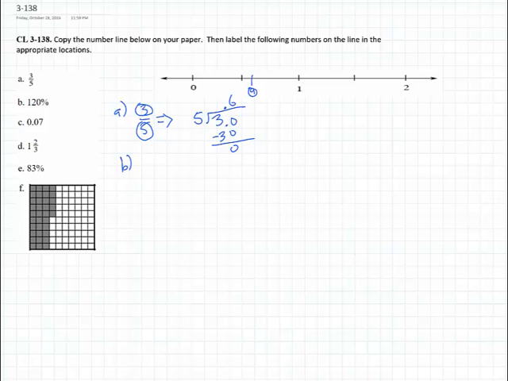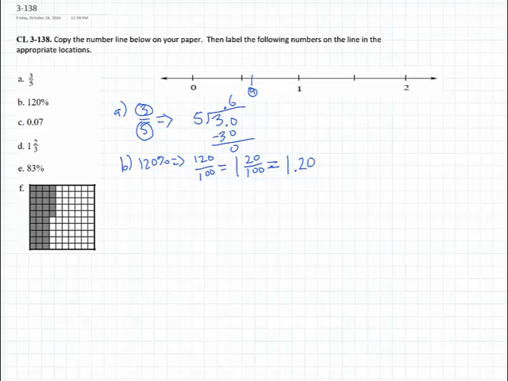For B, 120%. Well, we know that 120% means 120 out of 100. And if we take out 100, because there's 100 whole pieces, we'll have one whole. That's 100 pieces, and we will have 20 left. 20 out of the 120 left because we took out 100, and it's still broken into 100 pieces. Okay, so we know that this is one whole, and 20 hundredths. One whole and 20 hundredths.